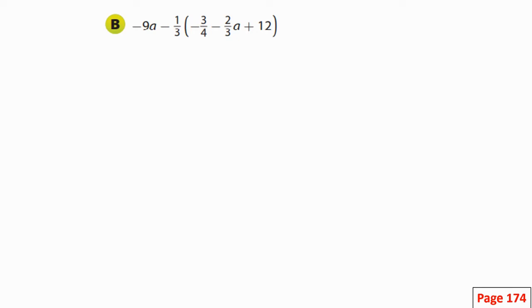So what we have is a distribution of 1/3 to each of these. 1/3 times 3/4. Cancel the 3's and you get 1/4. And that's positive 1/4, because you have negative times negative is positive. Then you have 1/3 times 2/3. And that would be 2/9. And negative times negative is positive, so that's positive